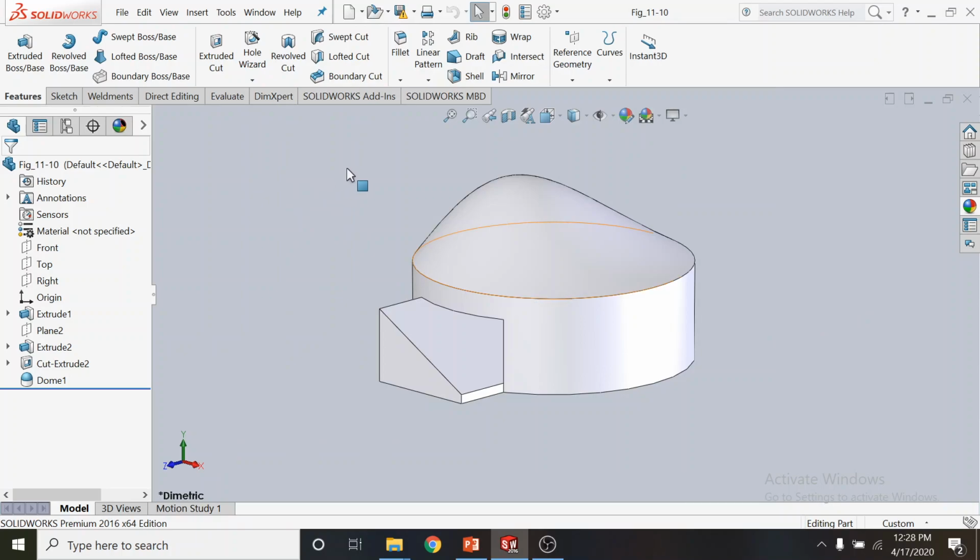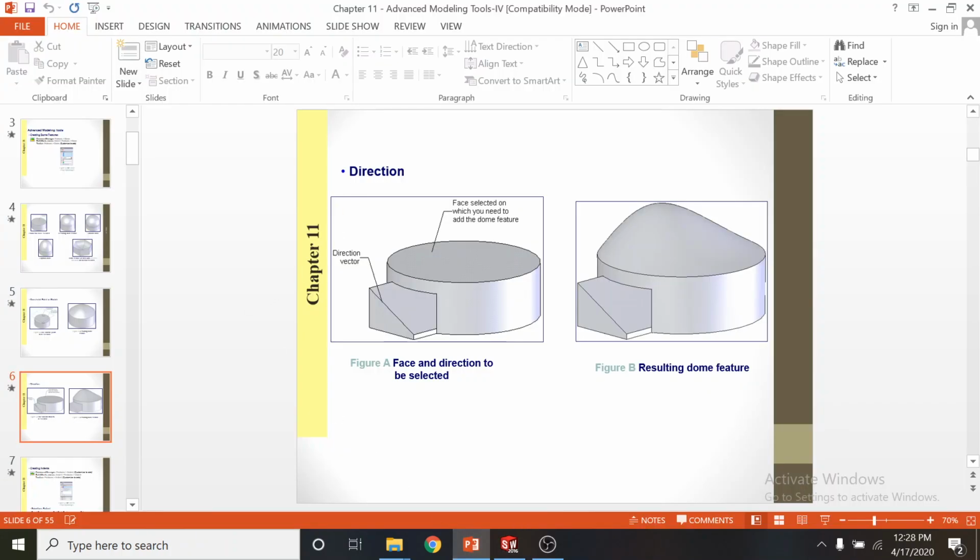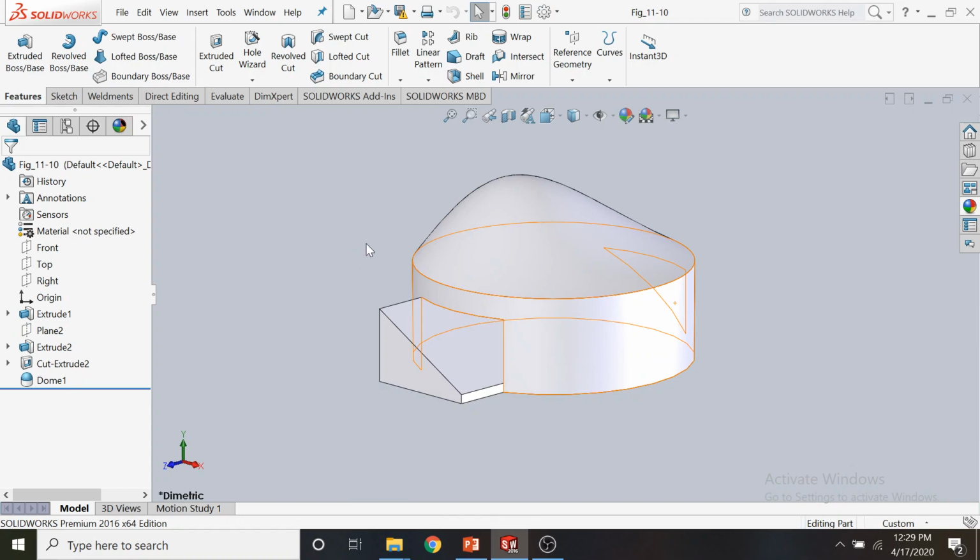Next we look at how to use the dome tool with the direction option. So we have discussed this earlier in the extrusion tool also. The direction vector can be used to show the dome shape direction. So if you look at this direction and this direction, both are parallel. So an example in this file,